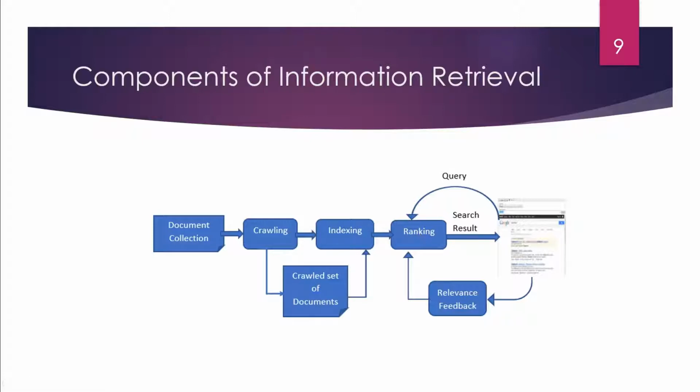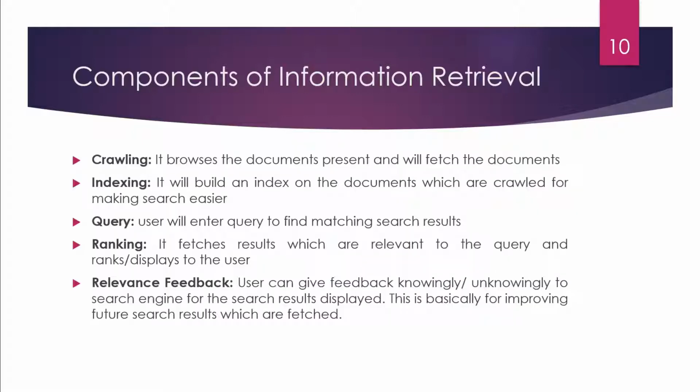Before looking into ranking, we'll see what a query is. In this diagram, if you see, this is the search result which is obtained. And this search result is based on some search criteria which is entered by the user. That search criteria will be treated as a query. Based on this query, we get a certain set of documents and it is displayed to the user in the format of ranked documents. Now, what is a ranked document? Query is nothing but what the user has entered to find a matching set of results. And ranking fetches the results which are relevant to the query and displays them to